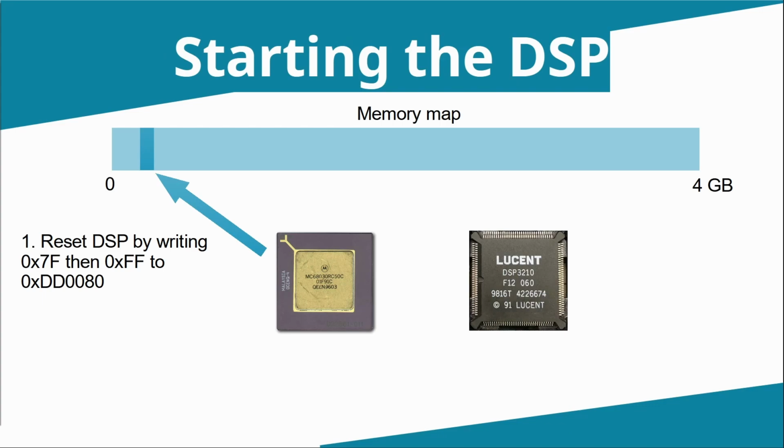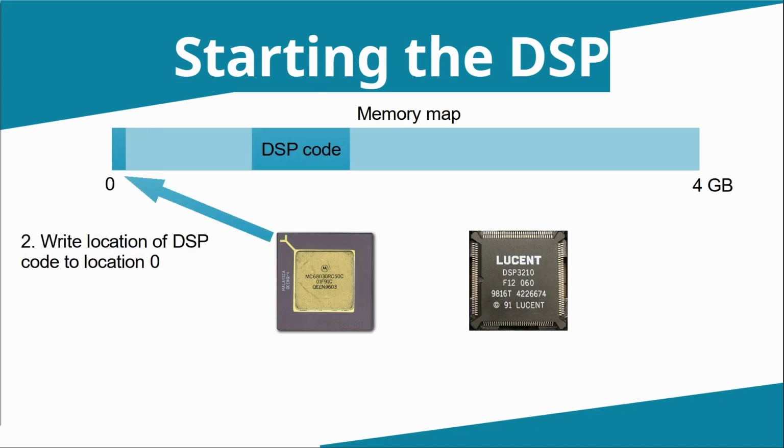So how do we start the DSP? Well, we start with triggering a reset. So we write 7F followed by FF to the control register. That takes that bit 7 low and the DSP goes into reset. When it goes into reset and comes out of it, what it does is start executing its own internal boot ROM, which will take it a few cycles, and then it will sit there waiting for an interrupt. So from the programming side, we do need to give it a moment or two just to go through that process. In the meantime,